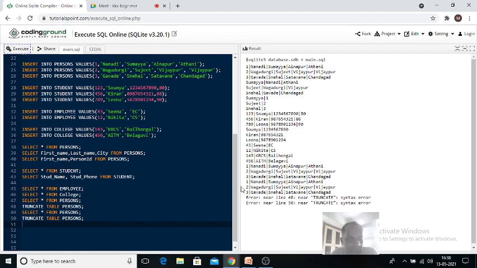Near line 50, what is that error? Okay, let me check this truncate. Overall, truncate is nothing but deleting the values of a table. You are deleting the values of a table. Whether truncate is working in this online software or not, I will let you know, because even we are having the